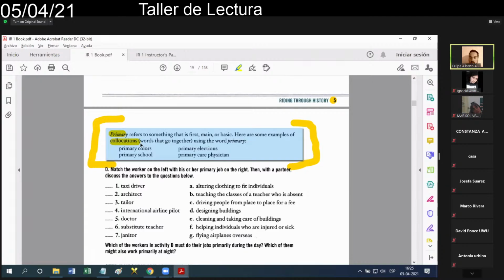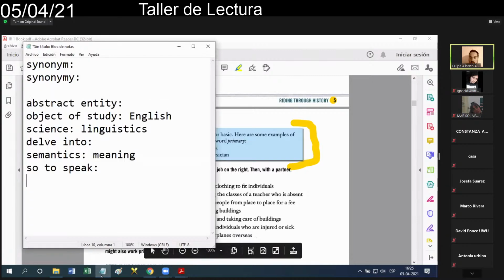What is a collocation? I don't like this kind of definition for a collocation, because a collocation is more than that, but anyway, it might work. A collocation is a word that goes together with another word. For example, this tandem, which is kind of a scientific term. A tandem is two elements working together. Tandem implies two things, two items. For example, the tandem adjective plus noun. This is a tandem in grammar. Absolutely. Why? Because an adjective always modifies a noun. So this is a tandem.